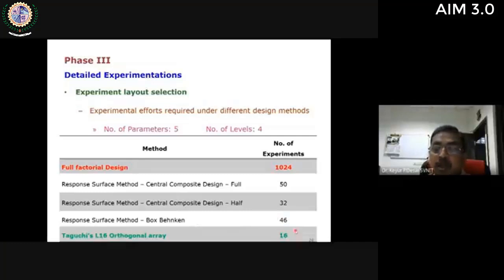If we use Taguchi technique, we would be in need of 16 experiments, but these 16 experiments were only for one tool material, 16 experiments for the other tool material, and then the same number of conformity tests. That is, this 16 will be multiplied by 4. So in order to study the detailed experimentation and effect of various parameters satisfactorily, then also we were in need of carrying out 64 experiments.